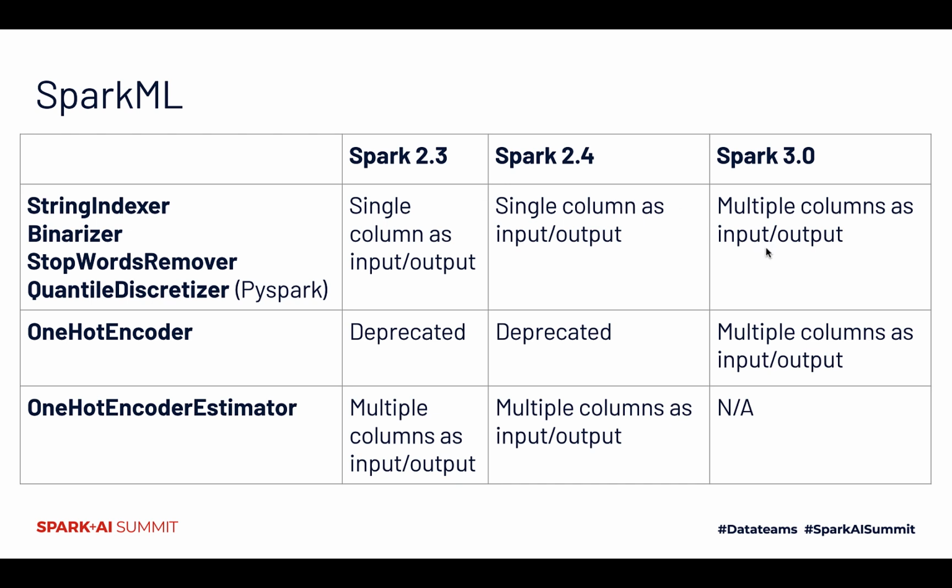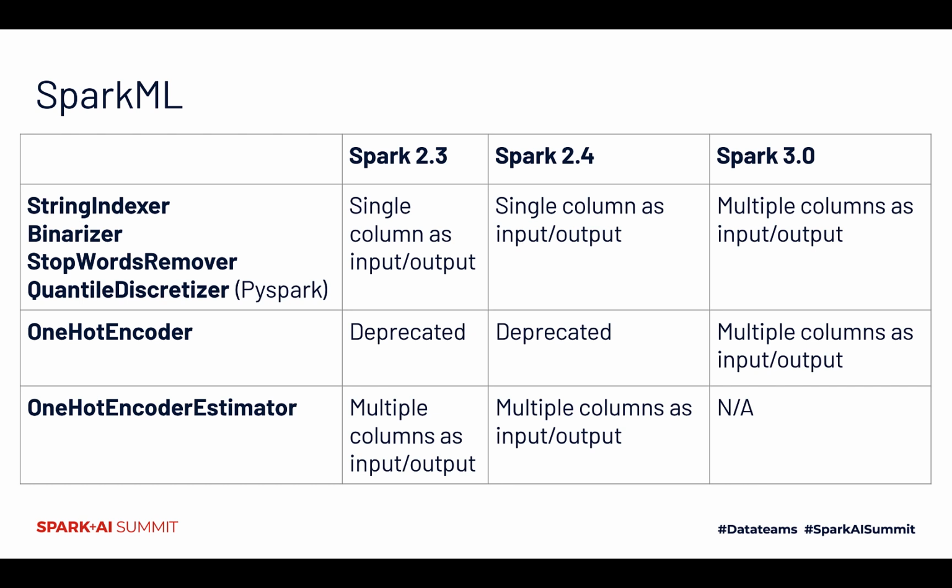So starting in Spark 3.0, the string indexer is able to take multiple column names as input instead of just a single column name. And this makes it so much more readable. You'll just have one string indexer instead of 20. And that one string indexer would index all 20 columns. Another change